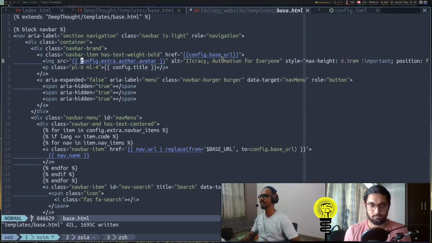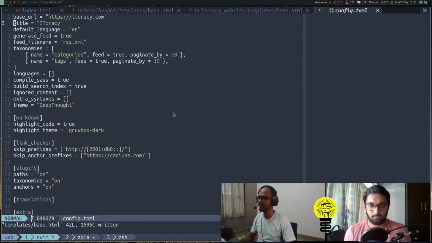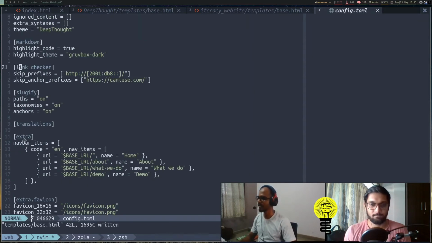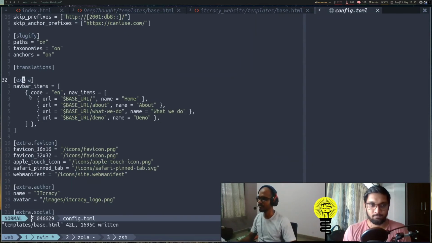How the variable is used, you can see that it says config.extra.author.avatar. The reason for that is if you go to config.toml, you can see these variables are the main variables which are part of Zola, and you can directly use them by saying config dot and then the name of the variable. But the variables under extra, you have to use as config.extra.